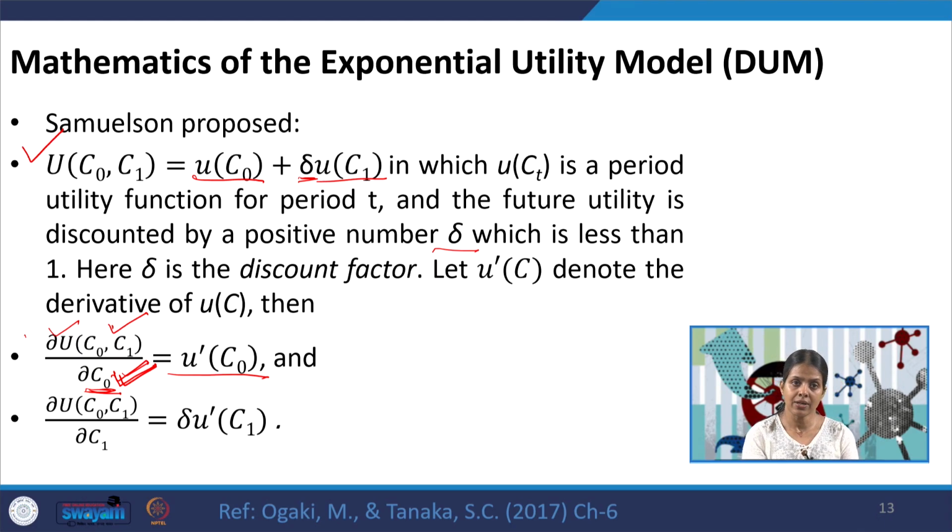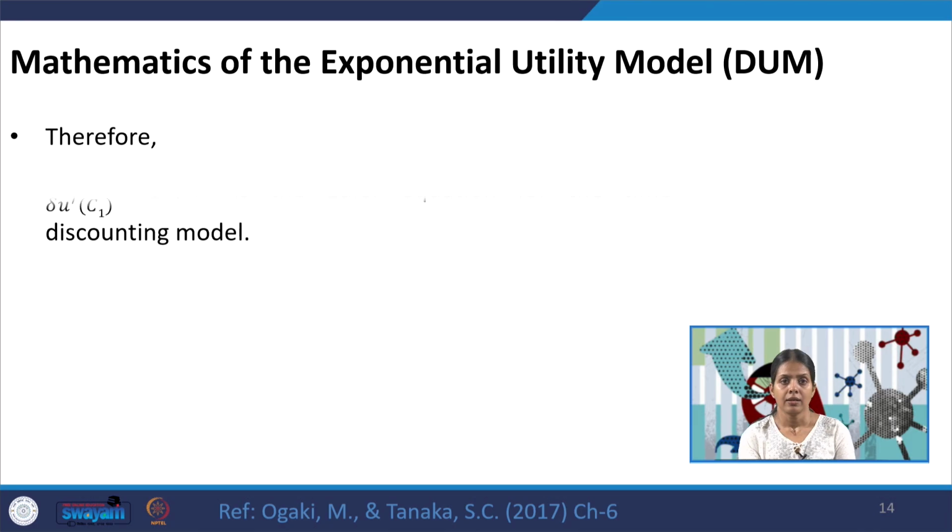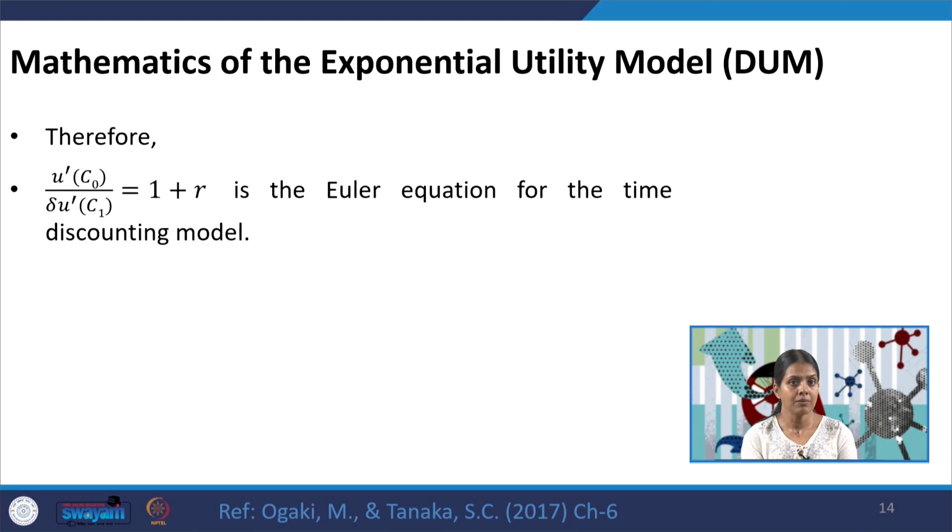And in a similar fashion, this is the partial derivative with respect to consumption in period 1. So, only consumption in period 1 is changing, and how this is impacting the total utility. We denote it by u'(C_1), and since this has a delta in front of it, so the delta remains here as well. Therefore, u'(C_0)